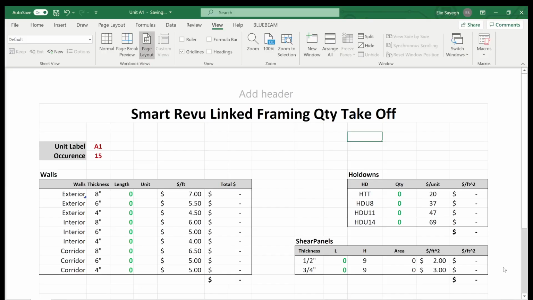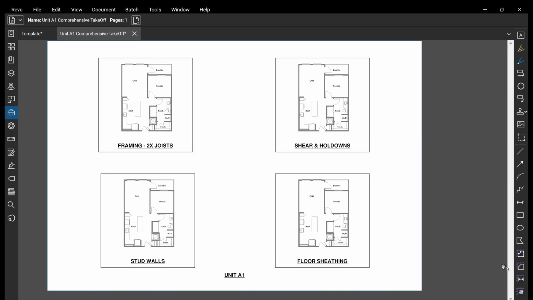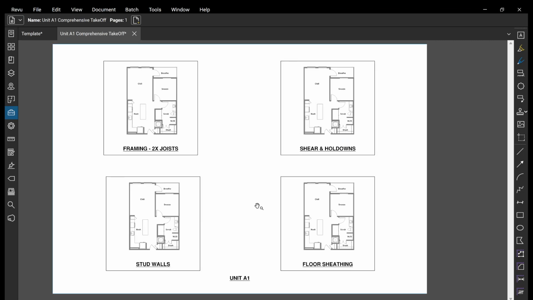Hello everyone. I hope this serves as a really cool and eye-opening tutorial on what Bluebeam Revu and Excel can do together. I have here a little demo that shows you, as a framer, how to do a quick, preliminary quantity takeoff for a 2, 3, or 4-story apartment building that is comprised of typically 1, 2, and